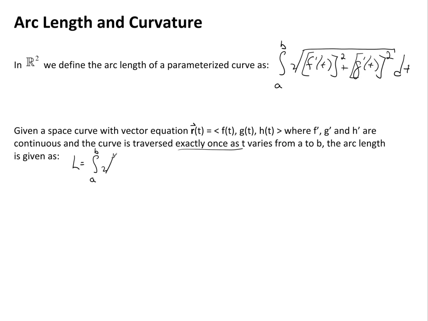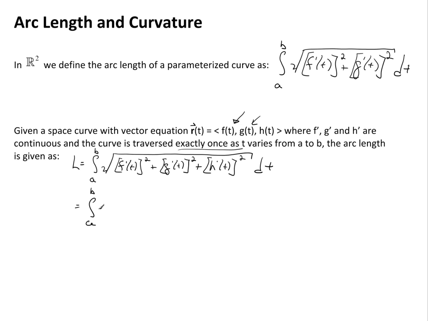the square root of f prime of t squared from the x component, or the parameterization of x, plus g prime of t squared, here's the y component, plus h prime of t squared dt. Now that is actually equal to, it's the same thing as going from a to b,